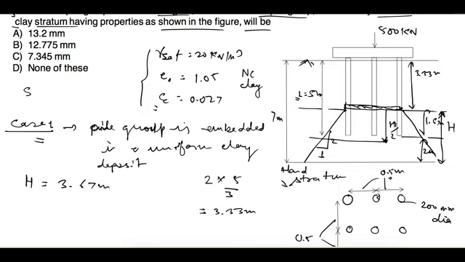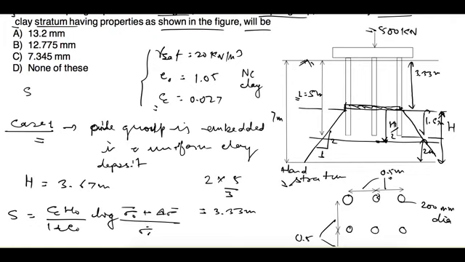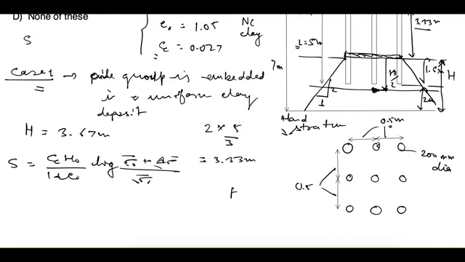So at this level we have to find out the stress and the increase in stress because of this applied load, and then we have to find out the settlement using this formula, that is Cc h naught upon 1 plus e naught, log of sigma naught plus delta sigma divided by sigma naught. So we have to find out the current stress and the increase in stress at this level. From the top, this point is at a depth of 3.33 plus h by 2. So what is the value of h by 2? H is equal to 3.67 meter. So h by 2 is equal to 1.835 meters.